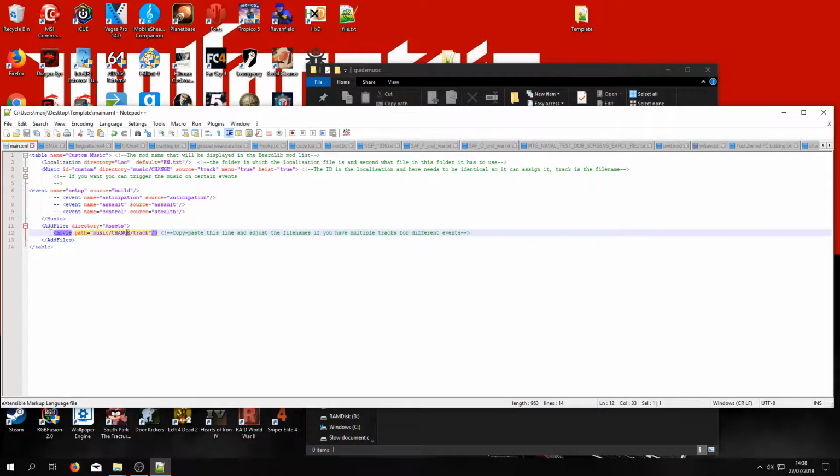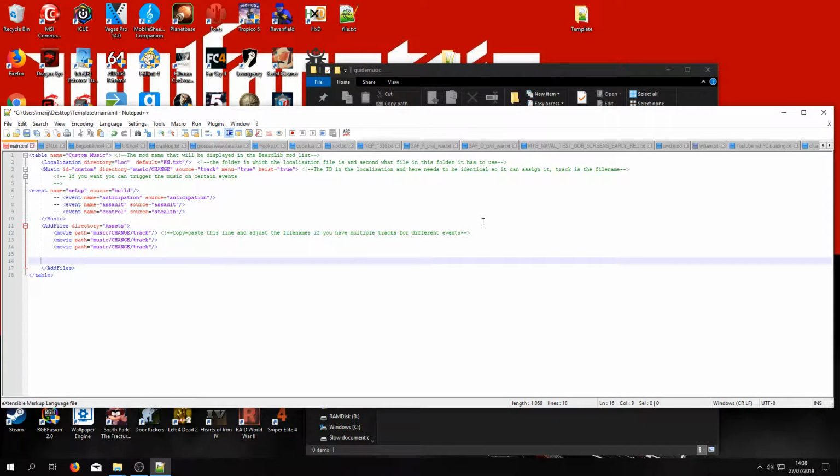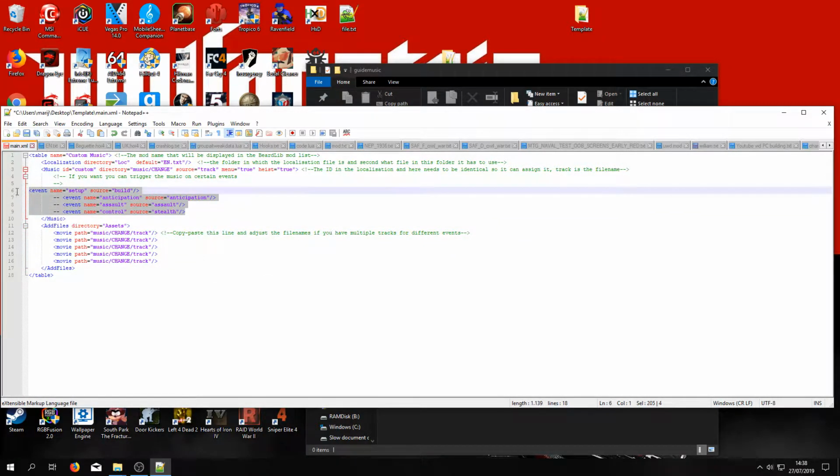Now by default this is all set to a menu track, so what we are going to do is we are going to give the mod our info on what files we use. So what we do is we just enter all these files here. Now we have 5 entries, so we have enough files for our heist music and our menu music, which is this source part here.